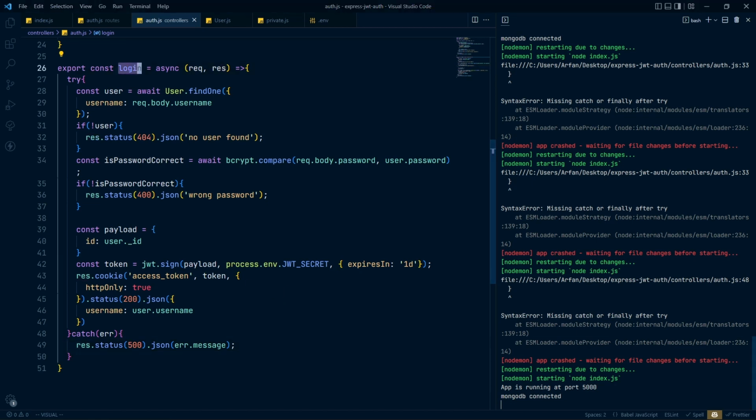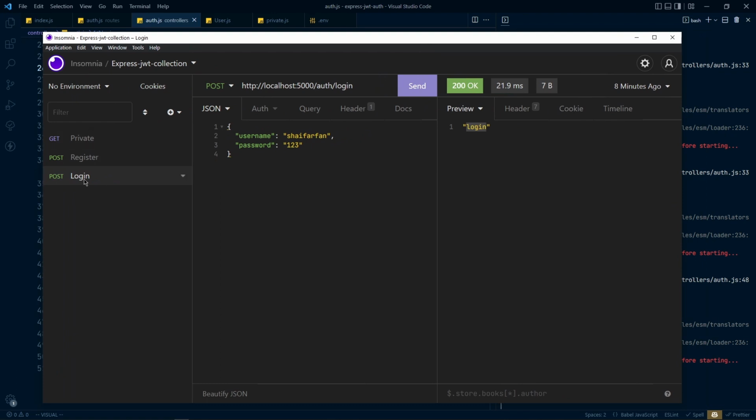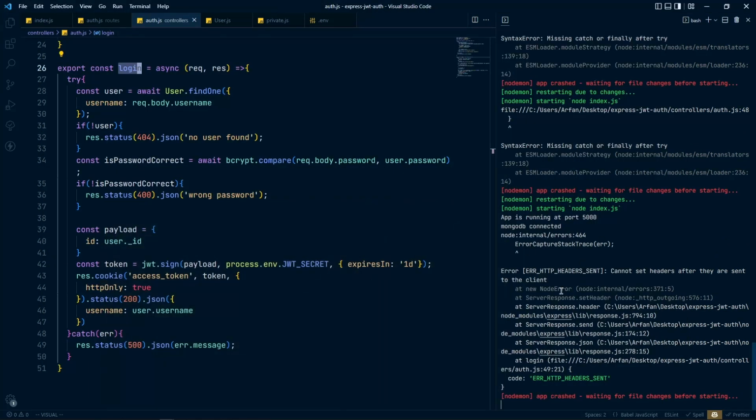So let's try it. Let's come here in our Insomnia. Here you can see we have login, and we need to provide these two fields to login. Let's try it with the wrong password. If I do it like that, I can see wrong password, and it seems that we are having some error, which is